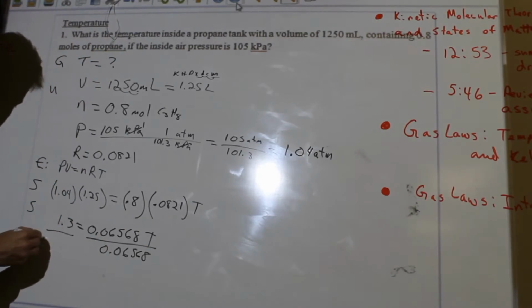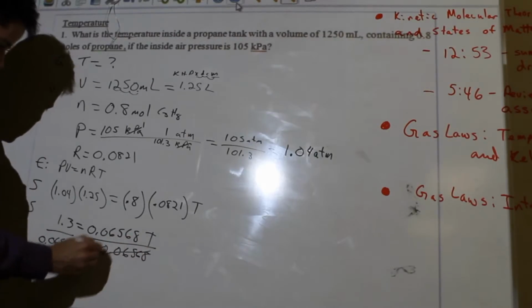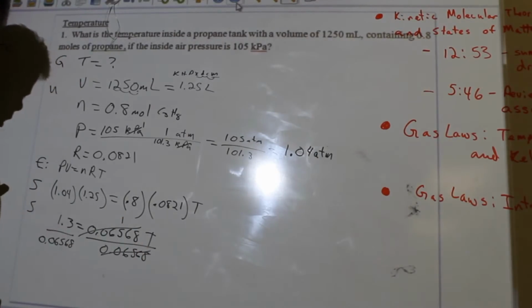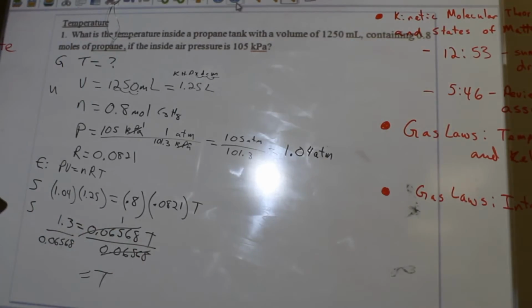We divide on both sides. That number divided by that number cancels to 1. 1 times T is T, and T equals